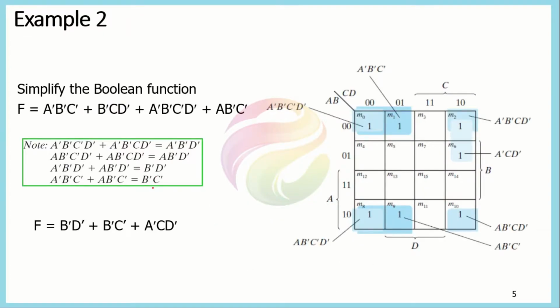So in this way, the minimized expression for this function, which was represented in min terms, is represented as follows. Now this is another example of the four variable K map. This example is quite similar to the one we discussed for a 3 variable system. In this we are given a Boolean function which is not represented in min term form because there is a D missing here. Similarly, A is missing here and D is also missing here. So first we need to convert it into min term form so that we could accurately place the ones in the desired min term boxes.